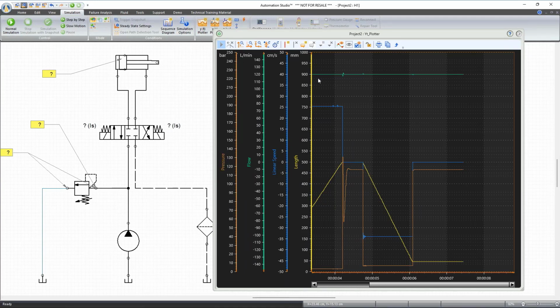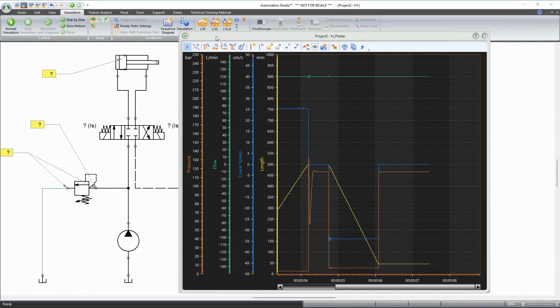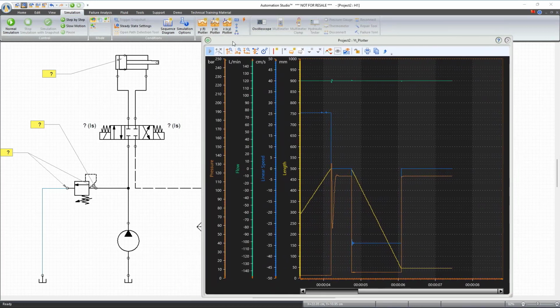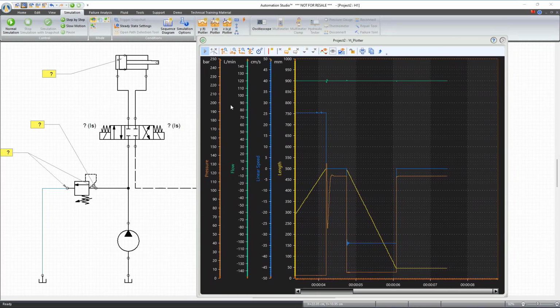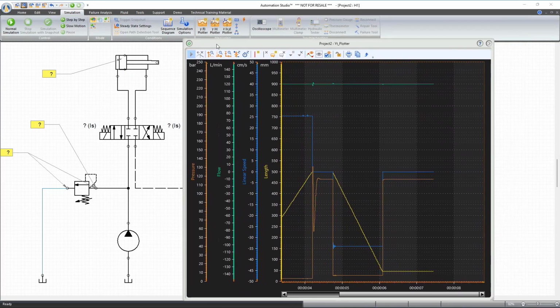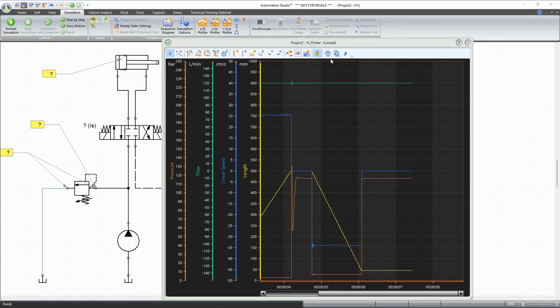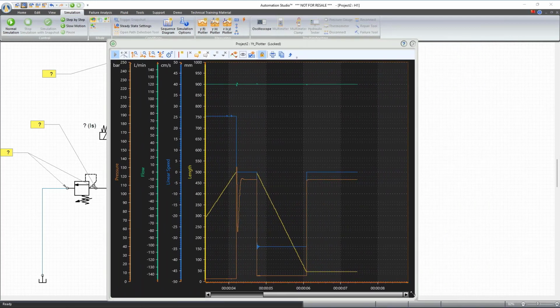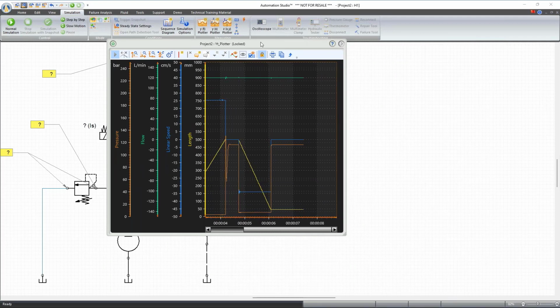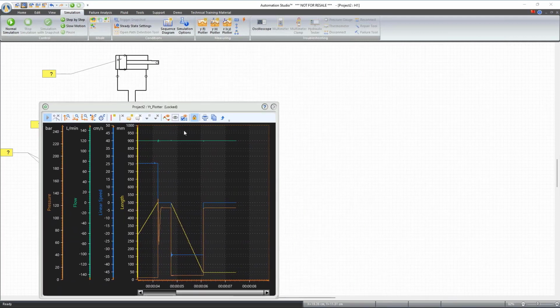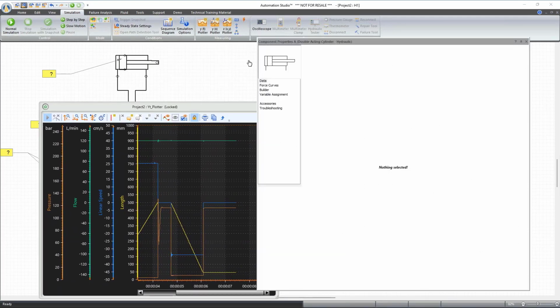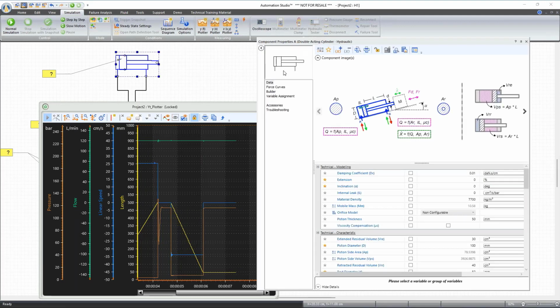Just make sure. Yes, there's another little thing to analyze the system: you can implement failure in your system, really to do some troubleshooting or to see what happens if some default occurs in your simulation. So what I will do here, I'm going to lock this plotter. This will make sure that I have the overview of my circuit when the circuit is LT. And if I go inside this component,